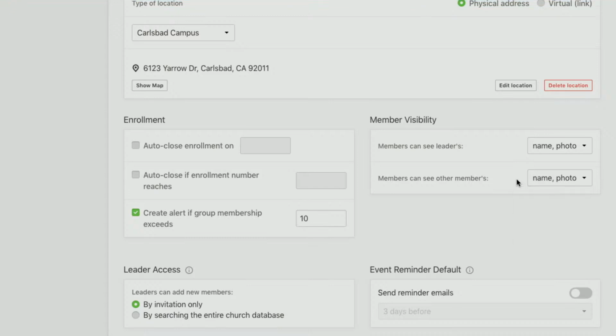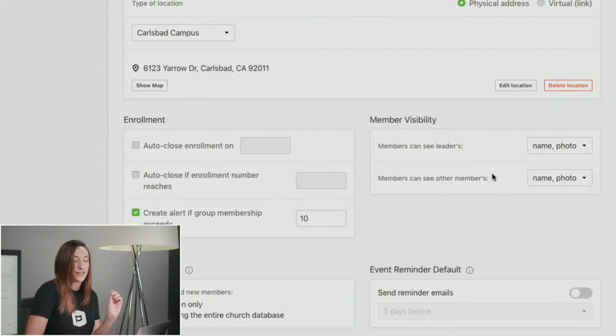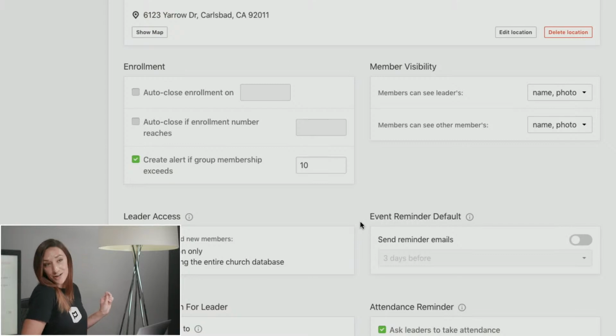This just applies to the members of this specific group, but our team is changing this so that it's going to be in the hands of members. That means I can log into my profile on Church Center and choose that other members can see my name, photo, and I'll let them see my email address too. So this is a huge win for privacy, just so that your members feel like they know what information is available to the other people in their groups. So that is coming soon, but I wanted to mention it because it's here. And I need this enabled so that I can enable another setting later. So that is member visibility coming soon to a Church Center profile page near you.